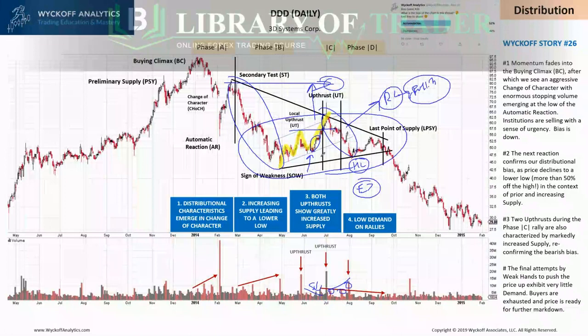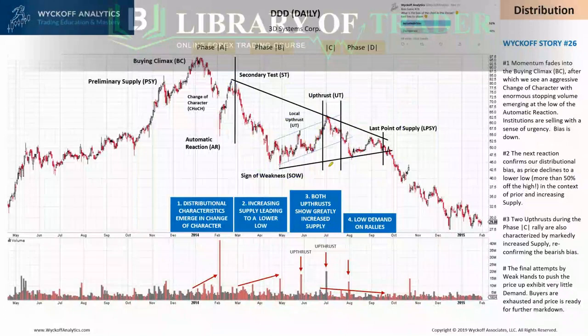And here we are kind of getting caught up also in the character. There is more momentum to the downside on the previous reaction than on the current reaction, so we would be thinking that we're going to have a rally. So the key to this was this.